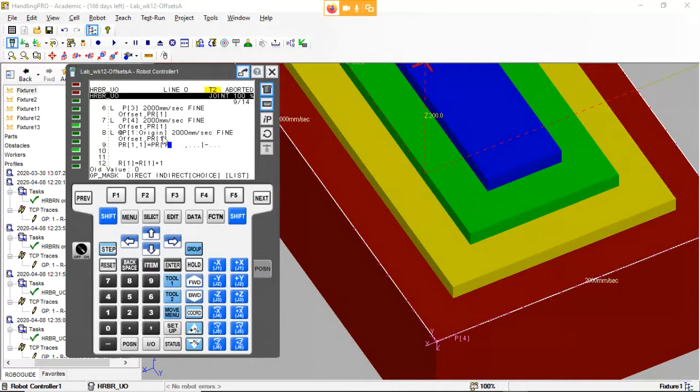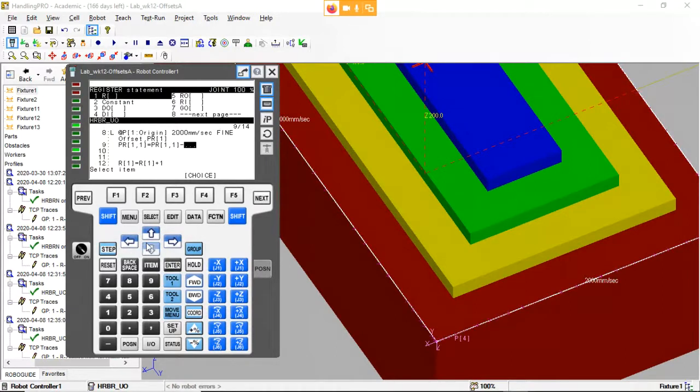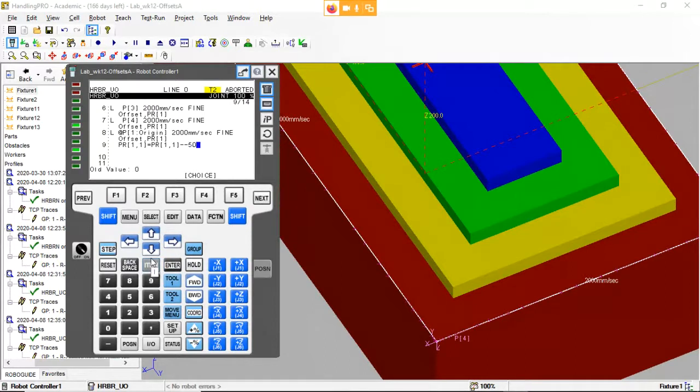And I'm going to do 1 comma 1. And then over here, we have to come down to constant, hit enter, and we're going to do minus 50. Oops. Okay. So I did minus 50. So let me make this one a plus. I did a double negative, so I don't want to do that. So you can either put in as the constant a negative sign, or you can